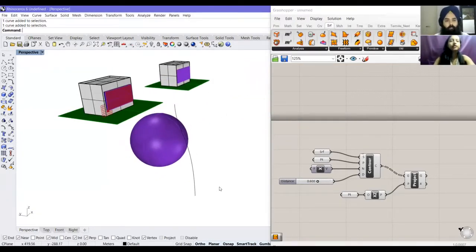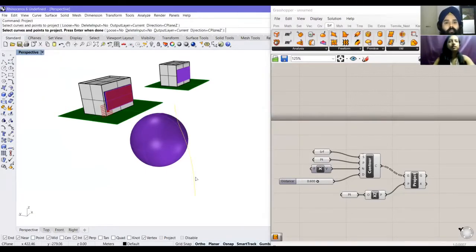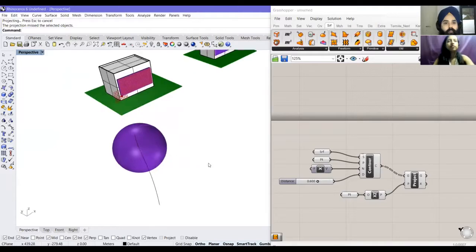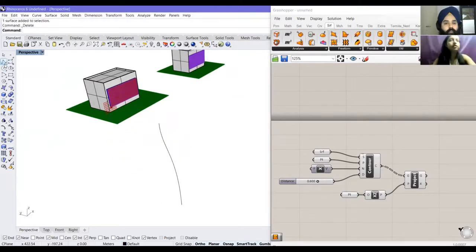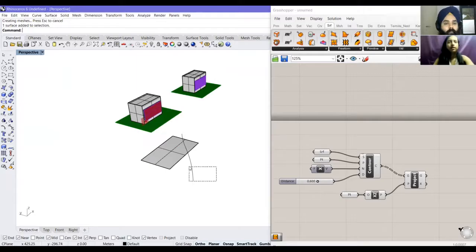If I just project it, select the curve to project, select the surface to project onto. Okay, it's just a moment, I'll just take a normal surface and let's move this above it.